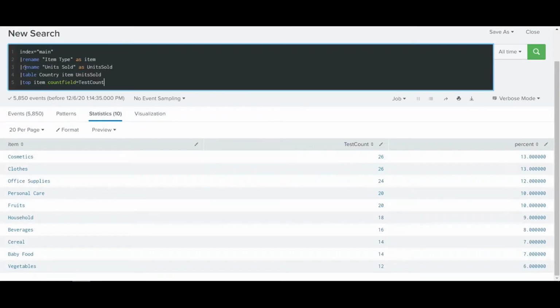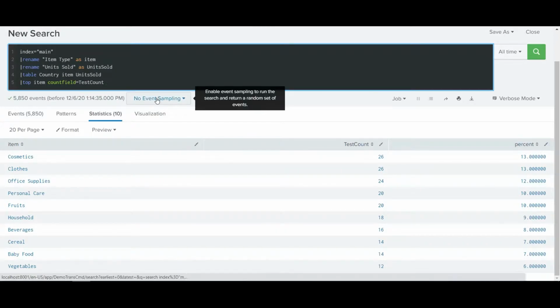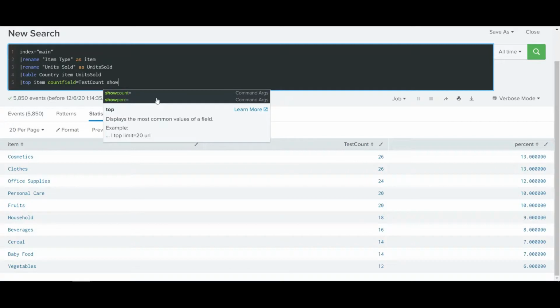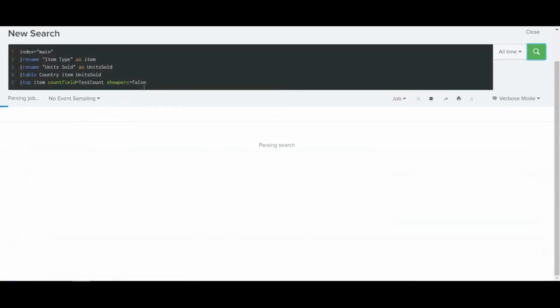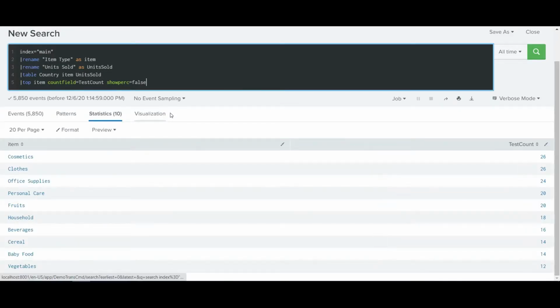So you can see that the count field has changed to test count, and we can also turn off the percent field by using the showperc option. So showperc, and we use the false value for it, and it should disappear from our result. Yes, you can see it.